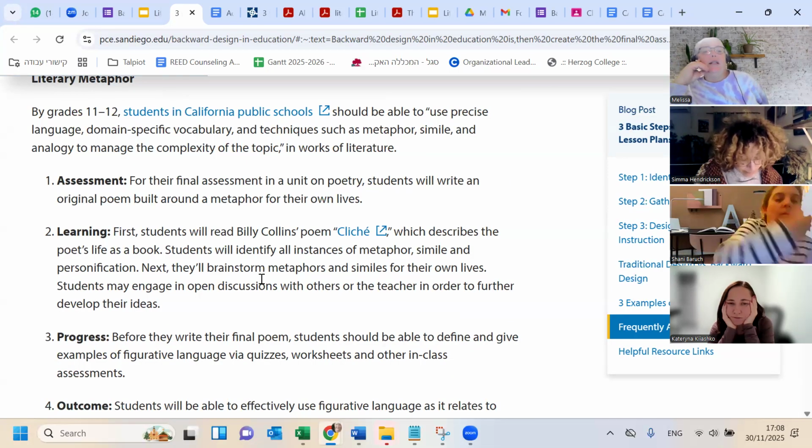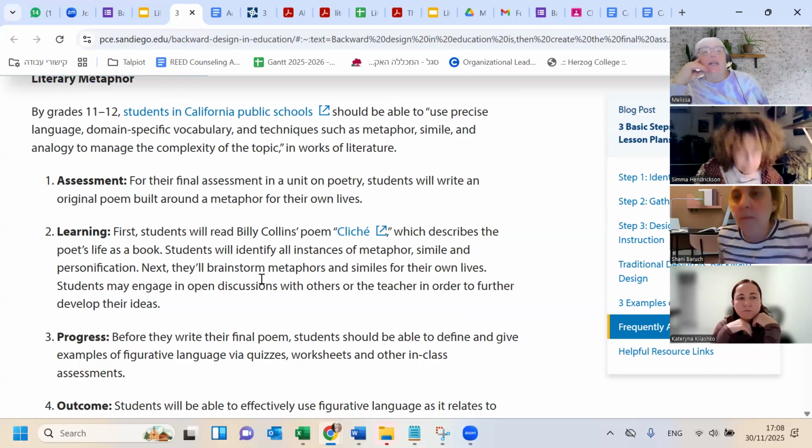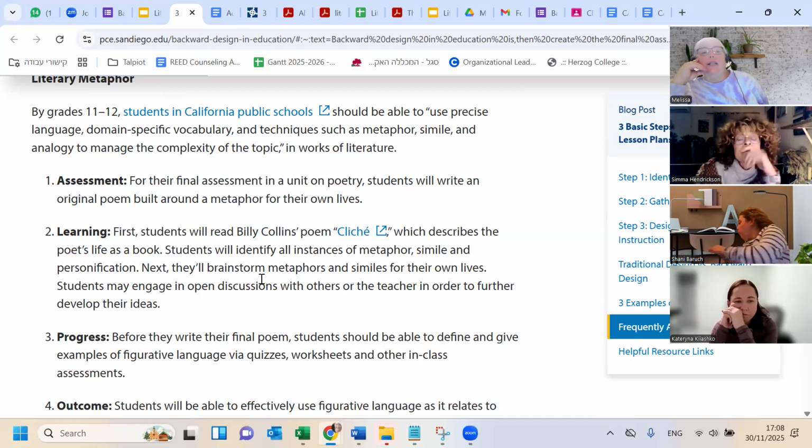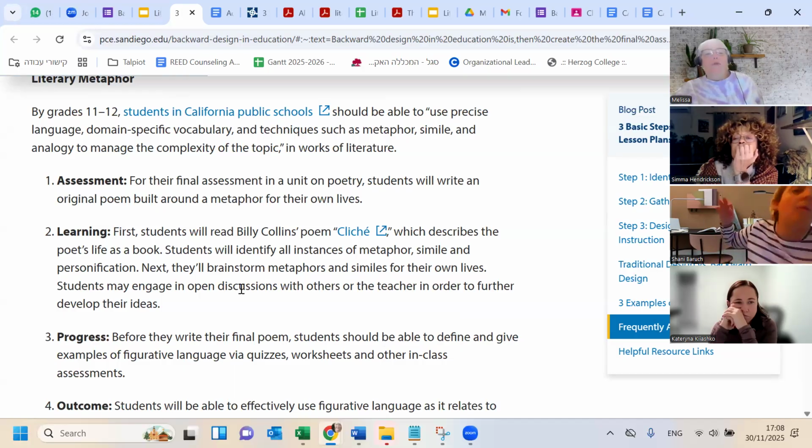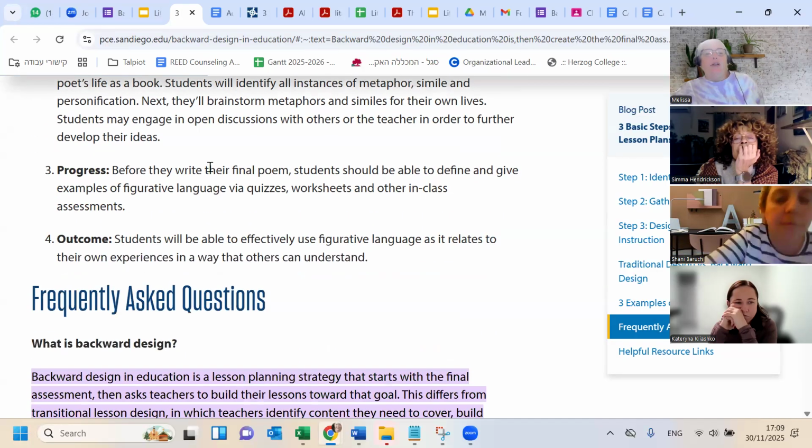Okay, so grades 11 to 12, students should be able to use precise language, domain-specific vocabulary, and techniques such as metaphor and simile and analogy to manage the complexity of the topic in the work of literature. Okay, and so then it tells us what's their assessment, what learning they will do in order to prepare them for the assessment, what progress, how will we show the progress?